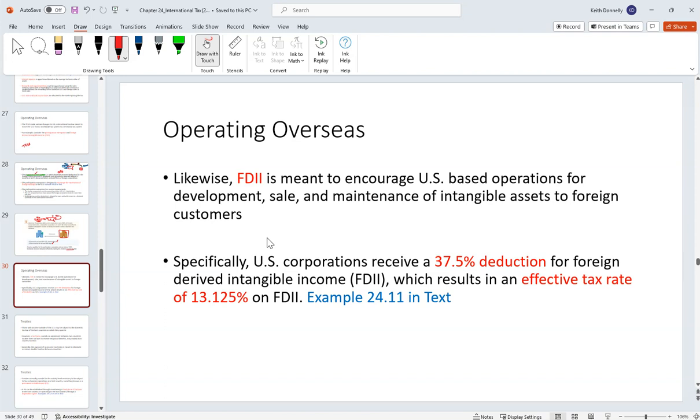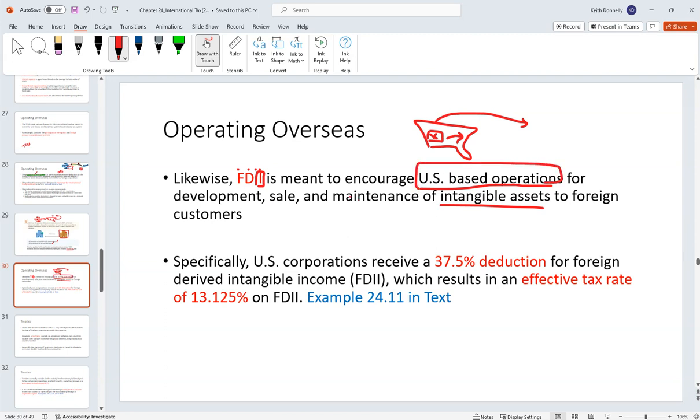So that was one thing they did in tax reform. Another thing they had was this FDII, foreign derived intangible income. It's a type of income which is meant to encourage US based operations for the development, sale, and maintenance of intangible assets to foreign customers. In other words, instead of having all your intangibles overseas, let's create them here and encourage you to sell them, internal to the US and outside of the US. We want US based operations for the development, sale, and maintenance of these